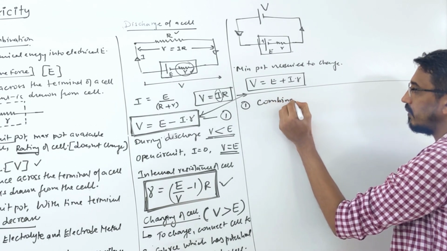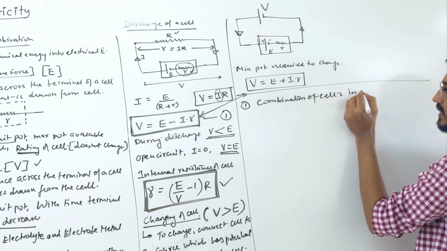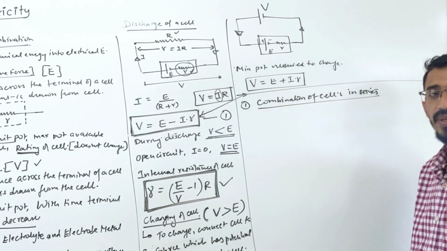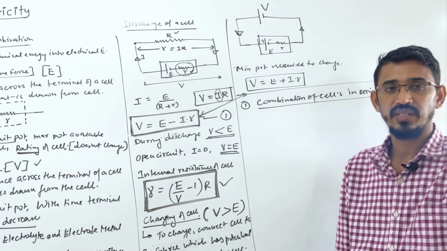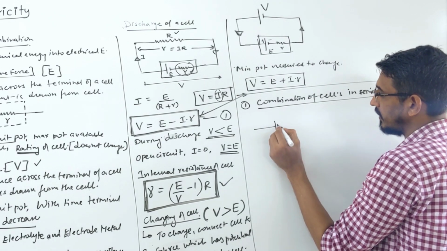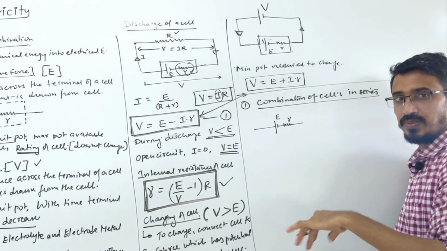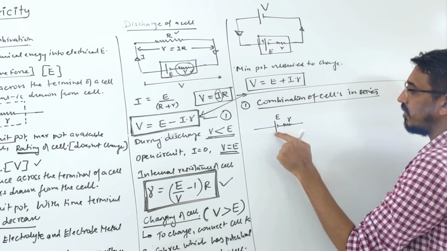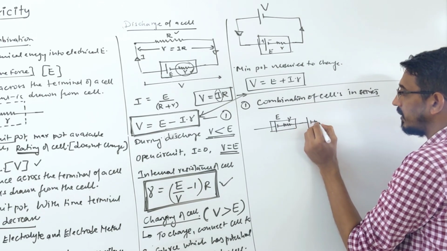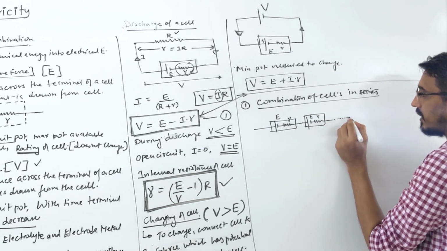You have a few cells and you want to connect them in series. Then what is the current in the circuit? Suppose you have some cells like this, similar cells; you can have dissimilar also, for which I will give a special example at the end. So you have a cell of EMF E, internal resistance R, and another similar cell of E and R. You have many cells.